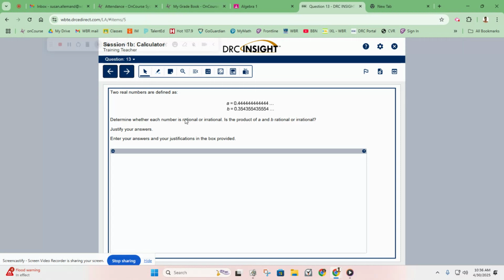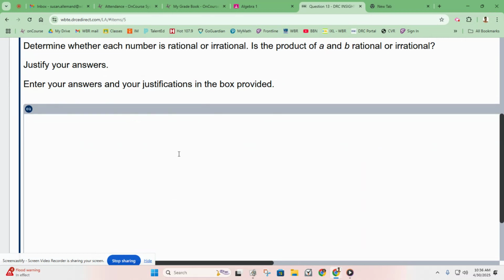Determine whether each number is rational or irrational, and then decide if the product of A and B is rational or irrational. So let's start with term A. So y'all are going to type this, and I'm going to zoom it in for you to type this. So term A, is it rational or irrational? Do y'all remember the difference? Irrational